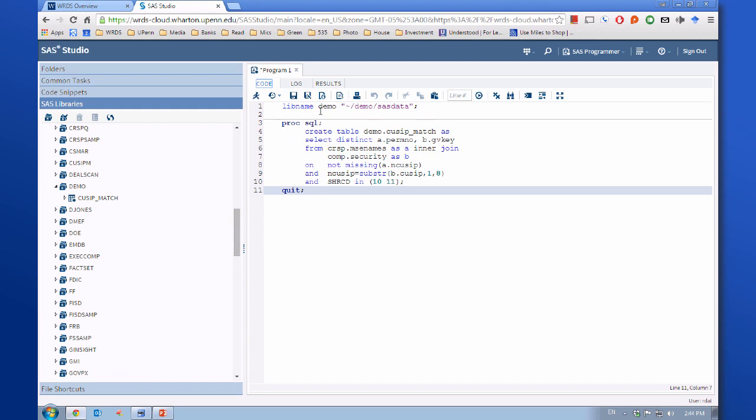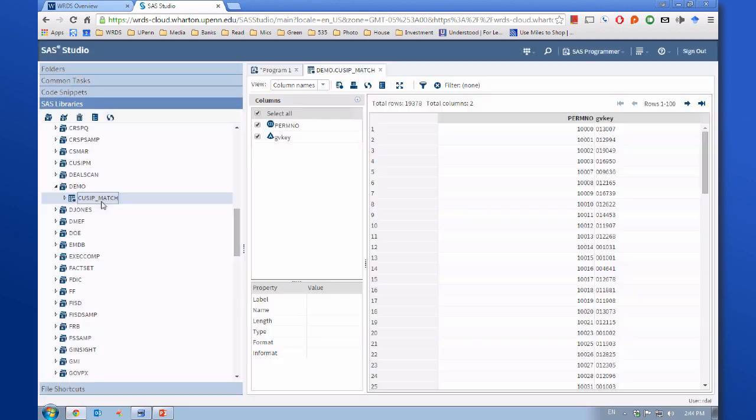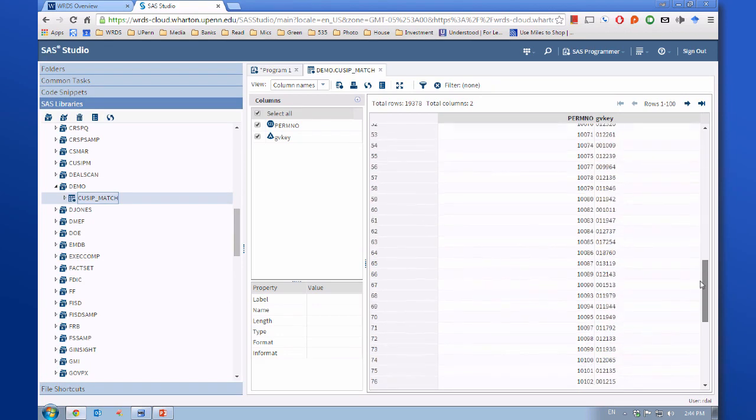This is not local. I defined everything is running remotely. Right now, there is no such thing called local or remote. So I download everything. I create a folder, create a permanent library called demo, and I save the QSIP match file here, and you can open it. The beauty of SAS Studio is